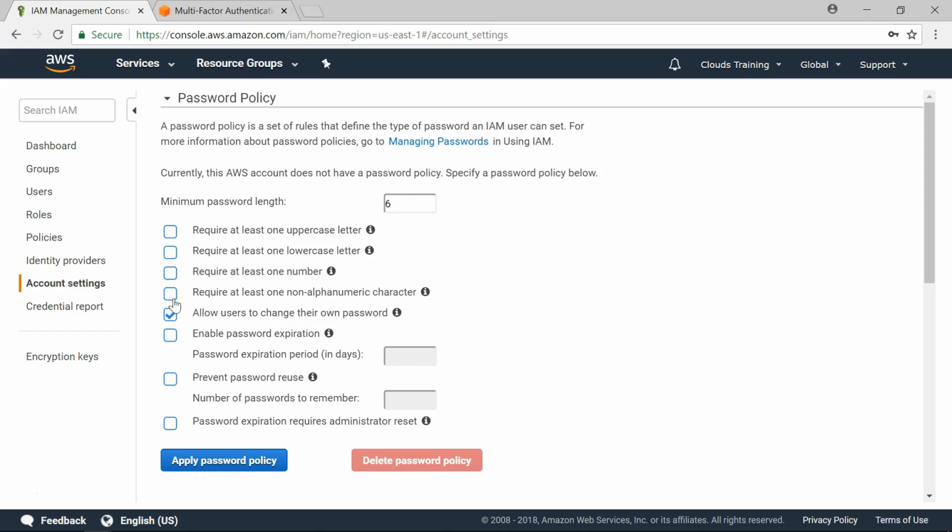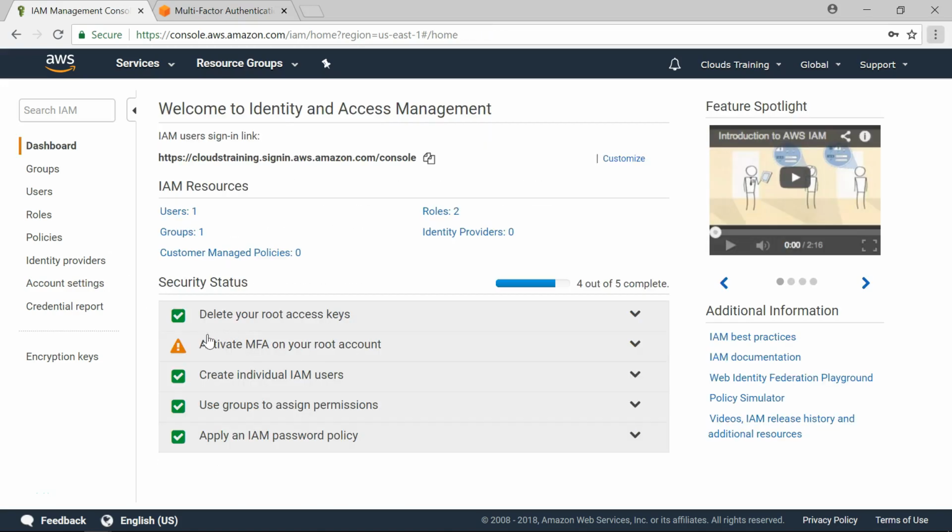Whatever the options are suitable for you, you can select them and apply this policy. Except this one warning, everything else is green. I haven't activated this on purpose because every time I log in, I have to enter the passcode. For this training purpose I have to log in and log out many times, so to save some time I haven't activated this, but in reality in production systems you must activate MFA on your root account,